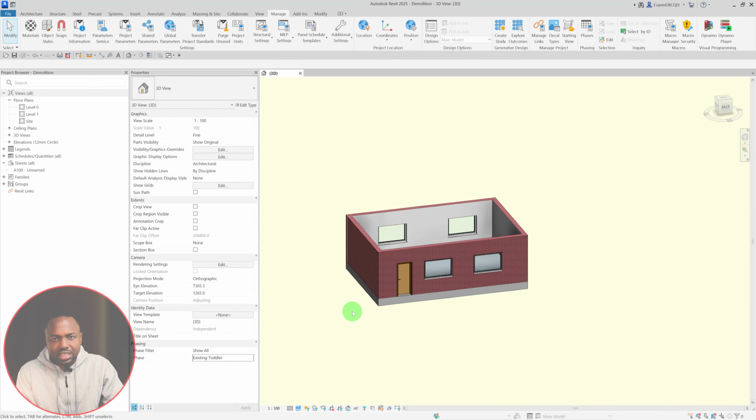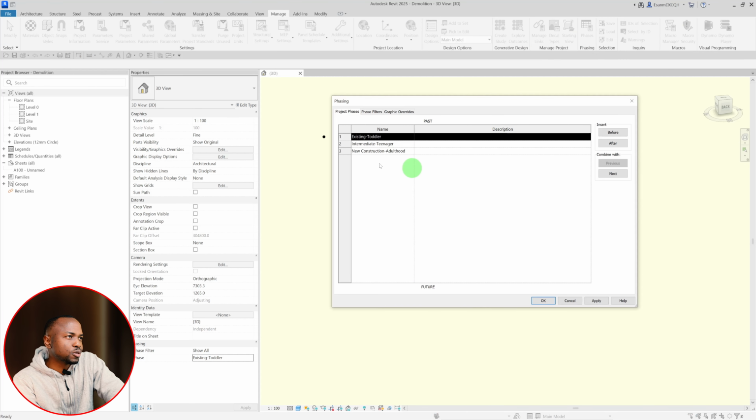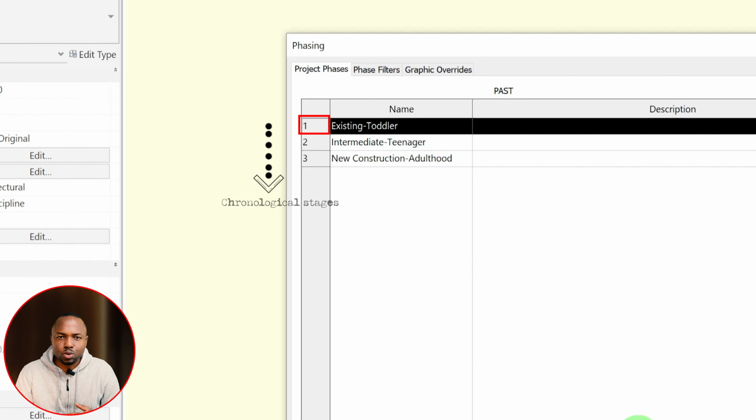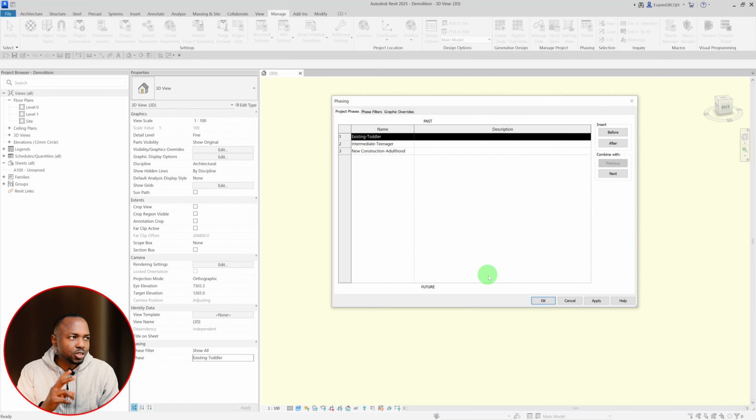I think because of the default names that Revit assigns, that's why a lot of people get it wrong. To make it easier, I've carried on that analogy, and I have modified the default phase names in Revit to have existing, which I've put toddler in front of, intermediate, teenager, and new construction. So now I've added another phase to the default that comes with Revit to make it 3 phases. So think of it as toddler, teenager, and